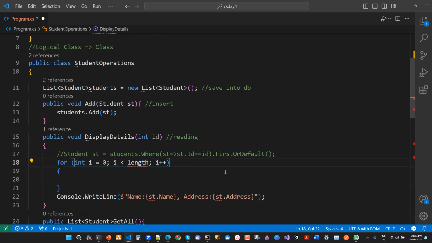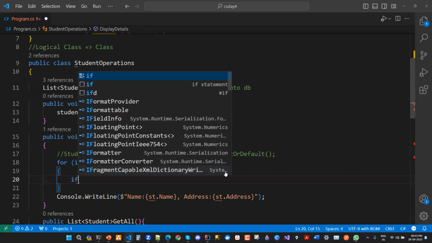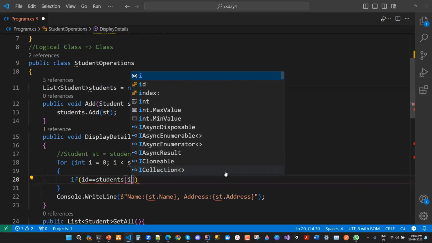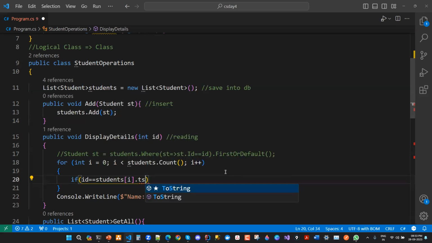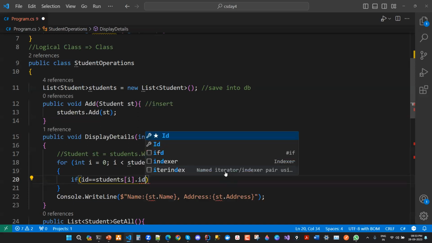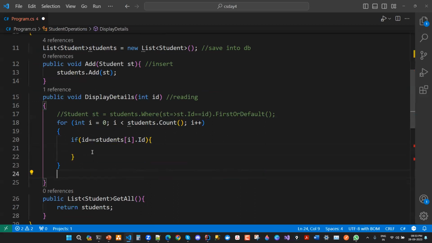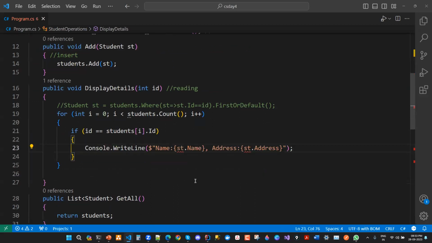I equal to 0, then whatever the student count we are having, we will run it up to that. Okay, I'm writing simple logic for you. Now check whether the ID is matching with the students' IDs we are having. This way. If the ID is matching, then show the detail simply. Then I will show my detail, a student